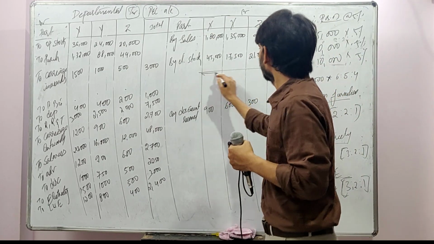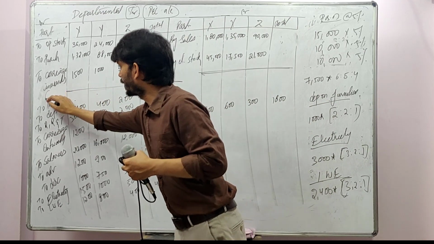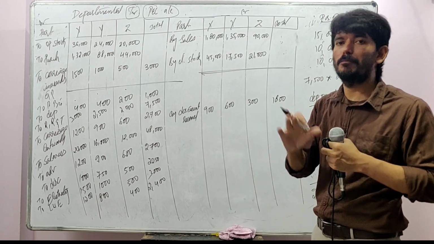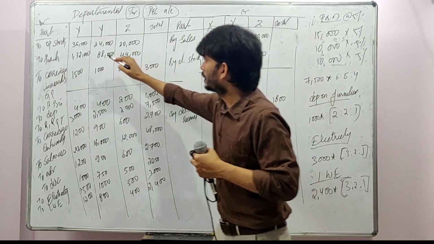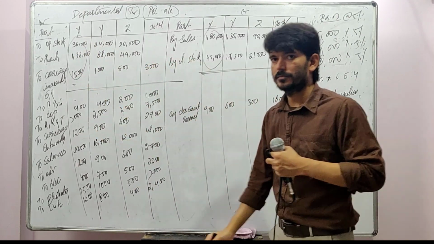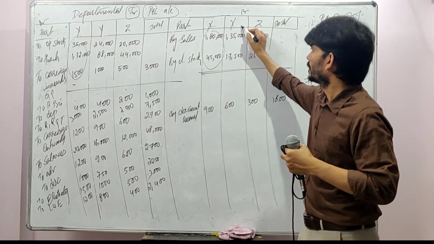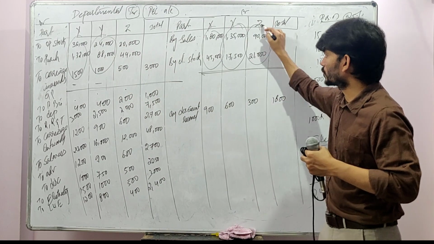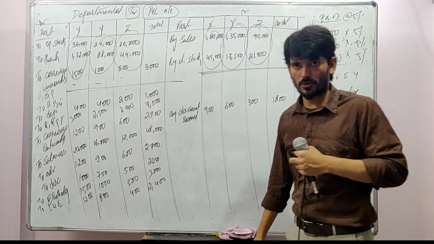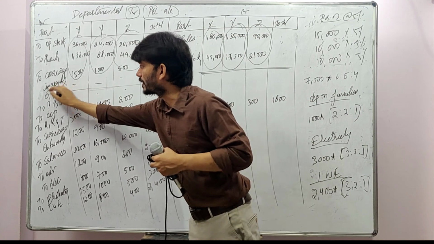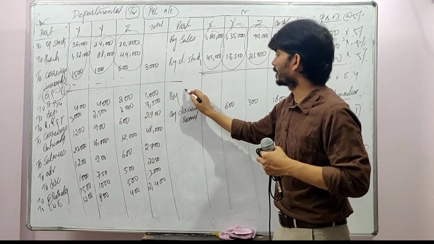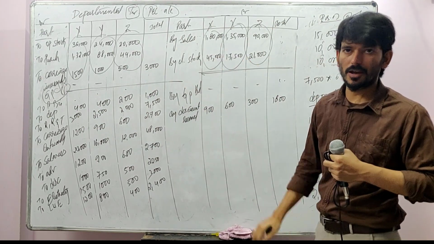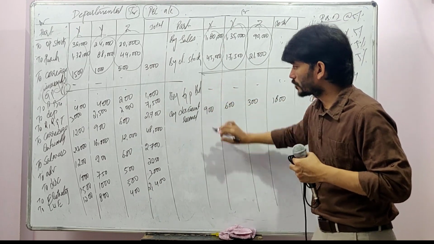You close it here separately. You get the gross profit. How do you get it? I'm sure when you are coming for the departmental accounts, your concepts would have been better by now. Add these two, deduct these three, you will get gross profit. In case you are getting negative, that's a gross loss. Add these two, deduct these three, you will get some amount here, that is your gross profit. That is gross profit carried down, same amount you write it here, by gross profit brought down, same amount will come 3 times, and you can total it also. That is anyway I'm leaving for the time being. This, you add these two, deduct all these things.